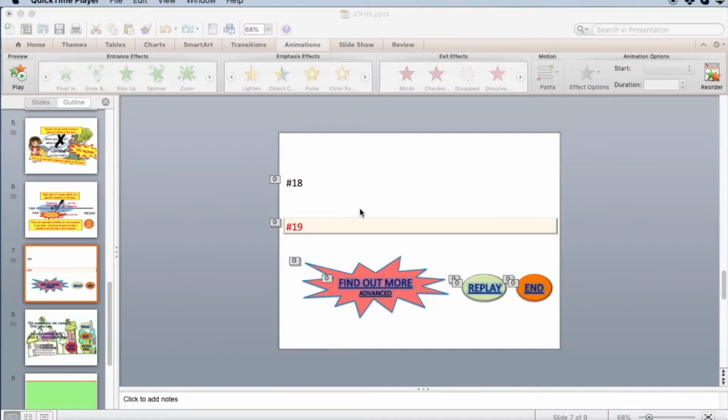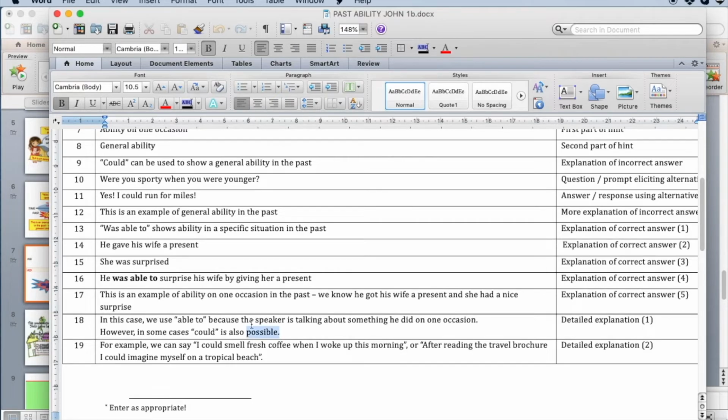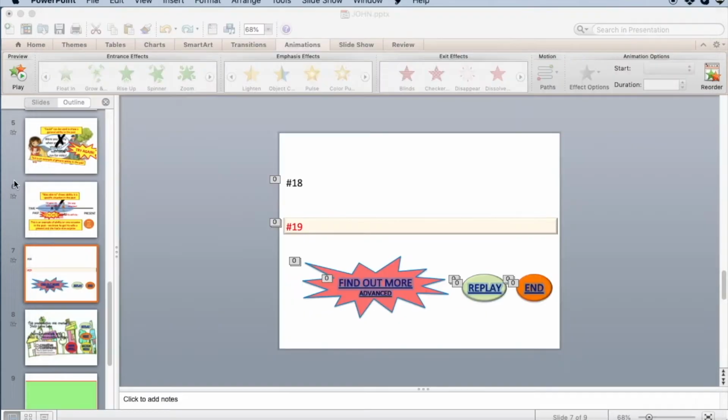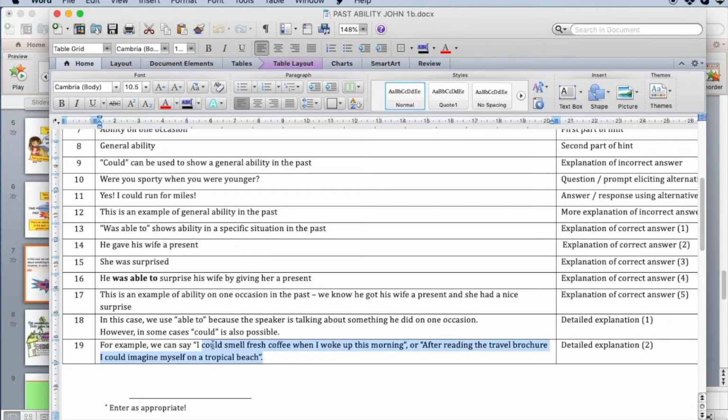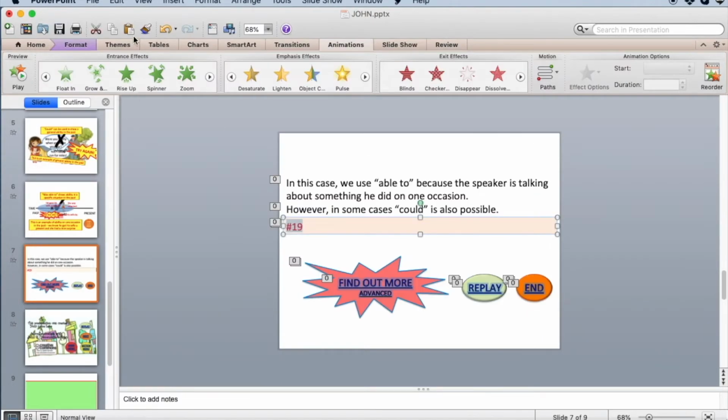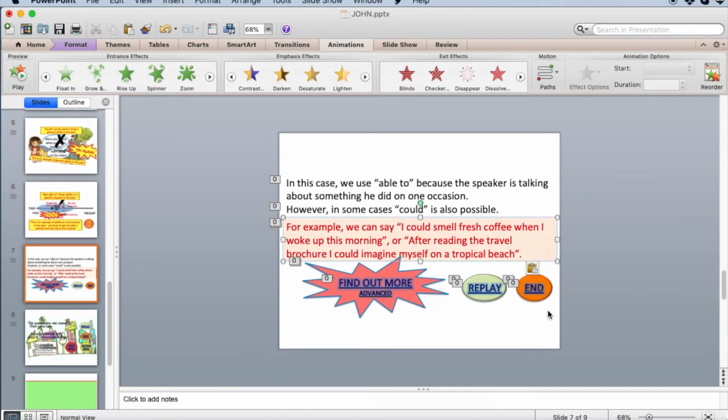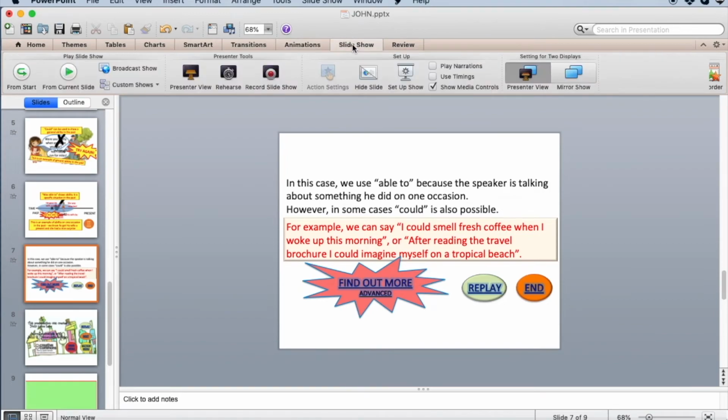So we're nearly finished here. Just a couple more bits of text to copy and paste into the final frame. Doesn't really need much adjustment at all in this case. It's pretty much okay, I think. Give it a run through.